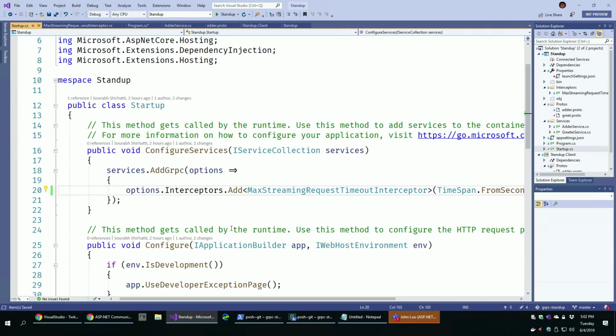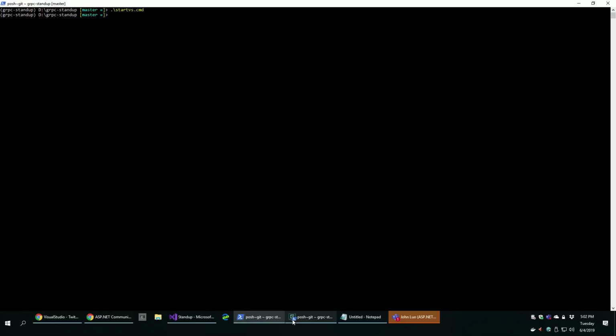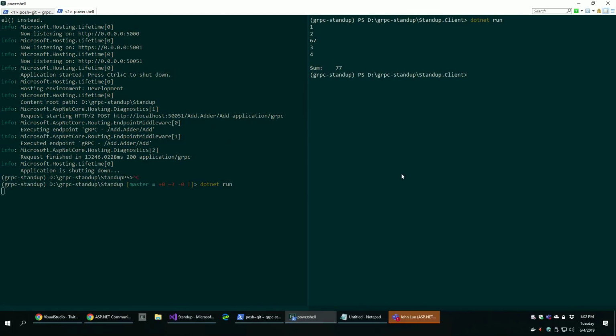So wiring up the interceptor is pretty straightforward. We have the interceptors that hang off of gRPC service options, and I've gone ahead and added this, and this interceptor takes a time span. So if I go ahead and, whoops, sorry, let me go ahead and run this again. So in this example,